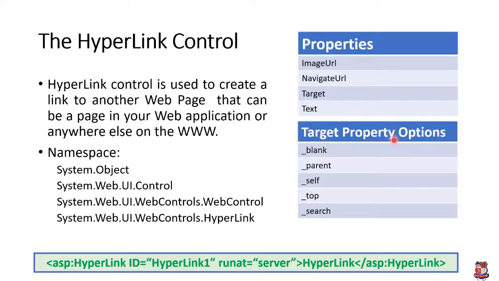Now we'll see the property options of the Target property. It means what will be the probable values of this Target property. So there will be a total of 5 probable values of the Target property. First is _blank. It is used to display the hyperlinked content in a window without frame. Next is _parent. It is used to display the hyperlink content in the immediate frameset parent. Next is _self. It is used to display the hyperlinked content in the